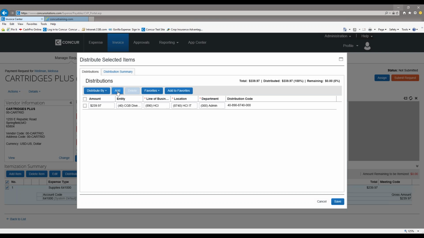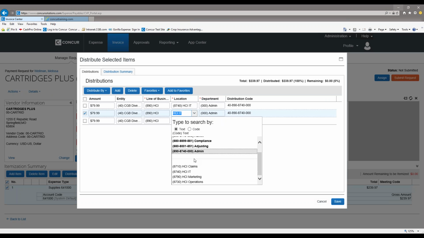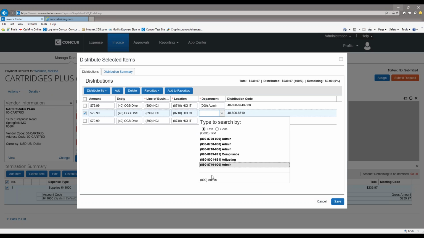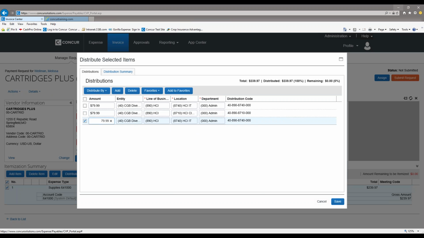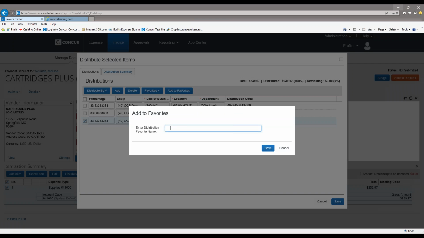So if I go in here and I'm adding distributions and I say, okay, for Cartridges Plus, it always gets coded to these three departments, and let's say one of them's claims, and let's say one of them is marketing. So these three, I know every time I get a Cartridges Plus invoice, these three are the departments that are coded to that invoice. I can add this to the favorites and call it Cartridges Plus, save it, and then,